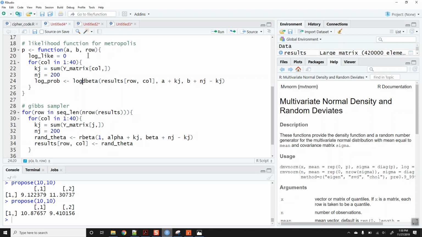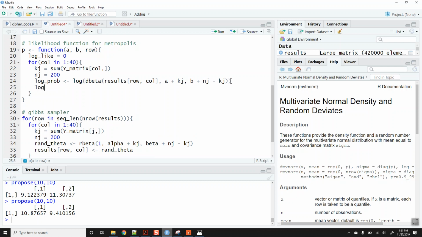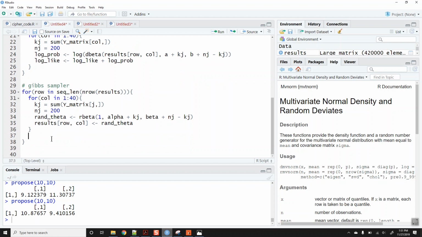We're going to take the log of this thing, and then the log likelihood is going to be equal to the log likelihood plus this log probability that I just found. Okay, we're going to sum that up. It makes sense as I'm writing it, though I'm not 100% sure. Okay, and then what we want to do is